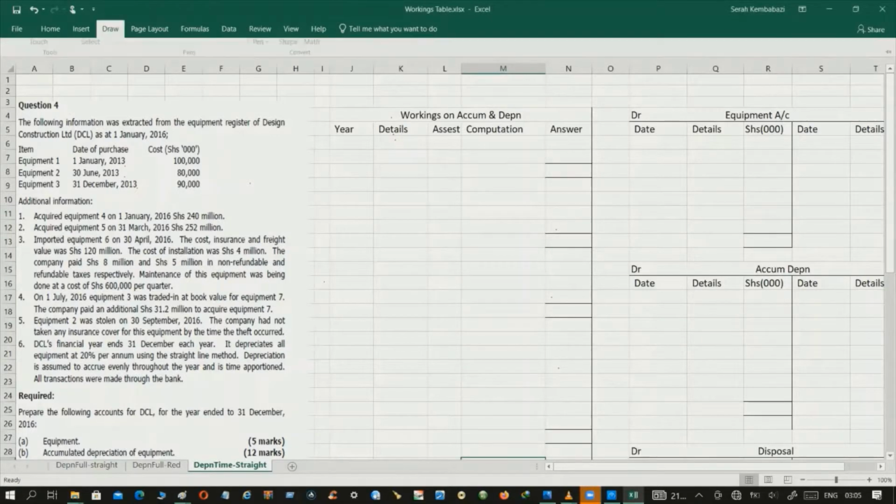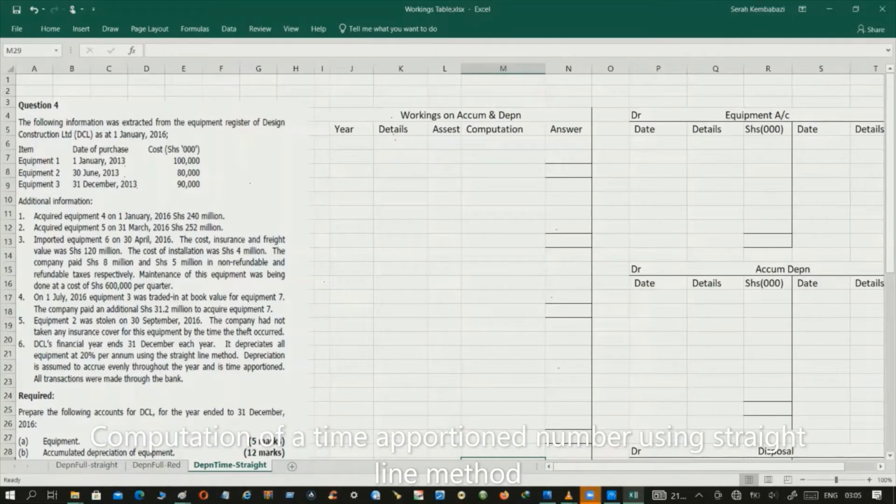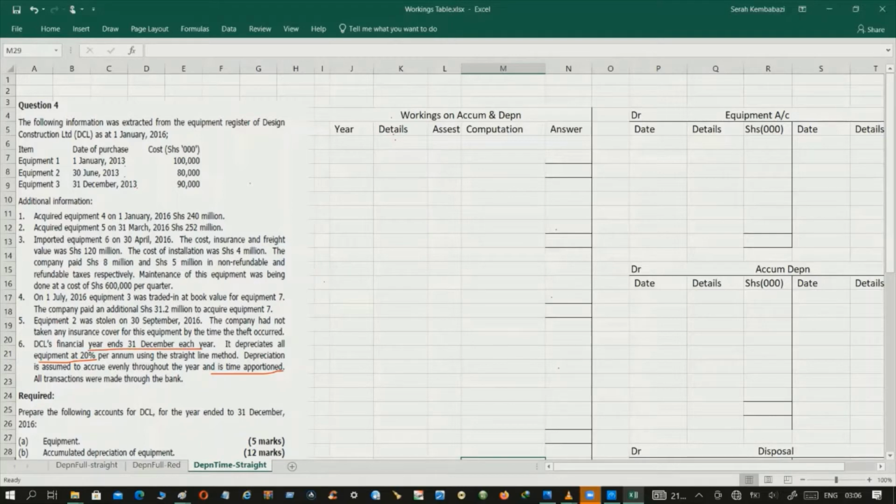Hello, welcome back. We're going to use the question on your screen to understand how to work out numbers with time apportionments. With this question, we are given the depreciation rate as 20% and told that the financial year ends on 31st December each year. We are told that these transactions were through the bank and we are using the straight line method. They've told us to create these accounts for the year ended 31st December